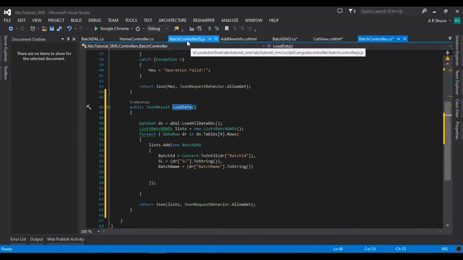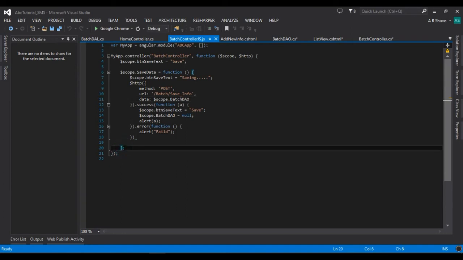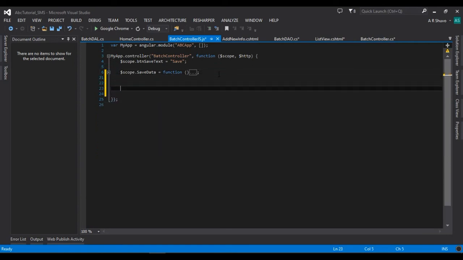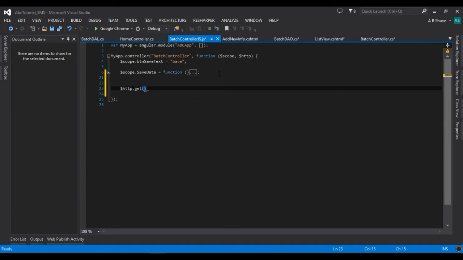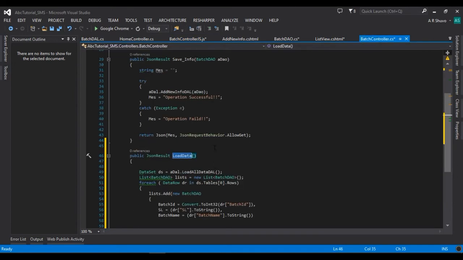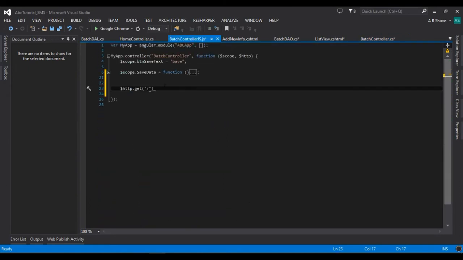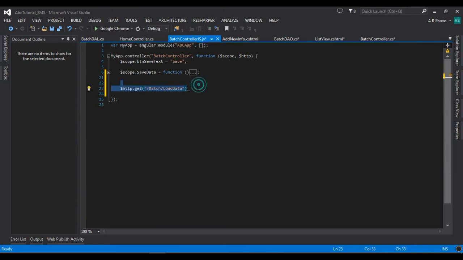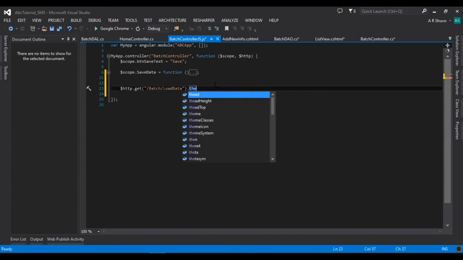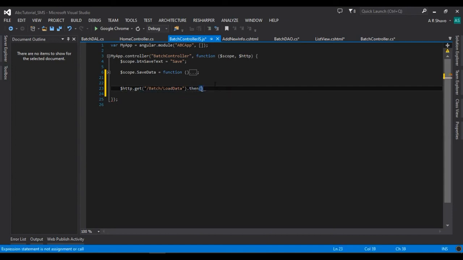So I'm going to batch controller JS, and here, just minimize this save data, and here I'm going to use this function $http.get. We need here this controller name, this batch, then slash, this controller name, load data, okay, dot then function